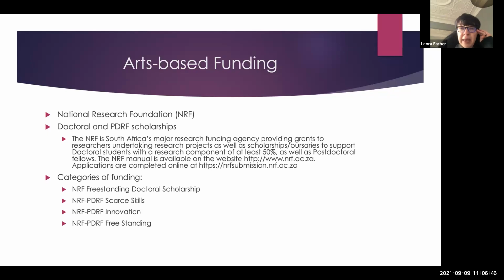The NRF has several categories of funding. The most common category, which most people fit into, is the freestanding doctoral scholarship or the PDRF freestanding scholarship. Those are open to people from various disciplines, from almost all the disciplines, in fact, and are not limited to specific criteria.